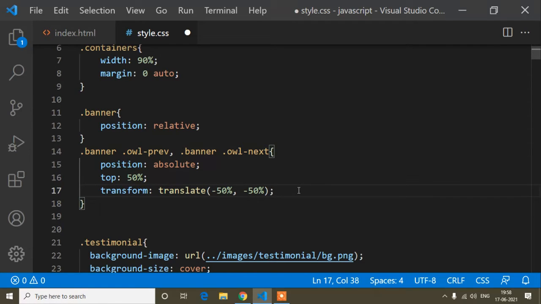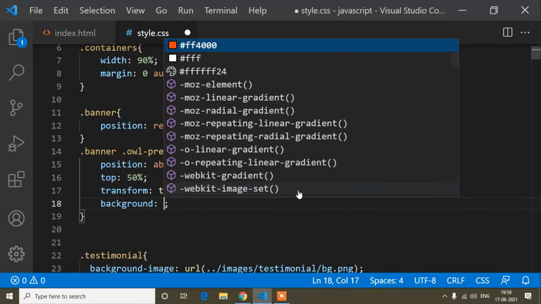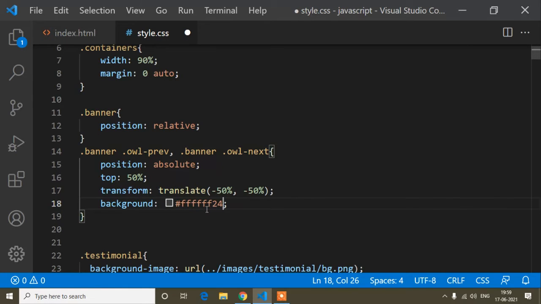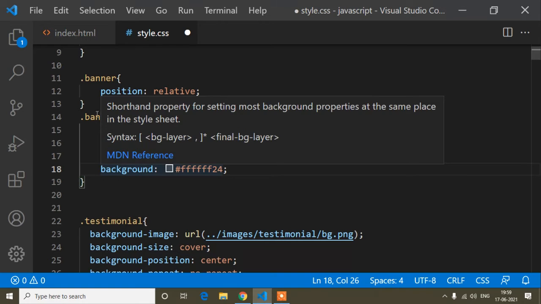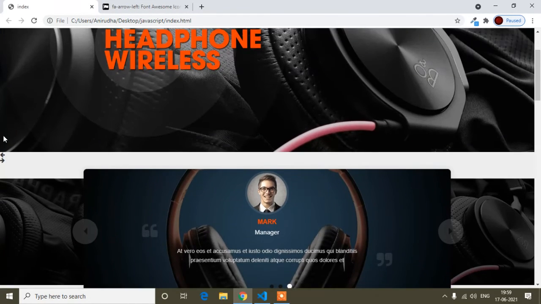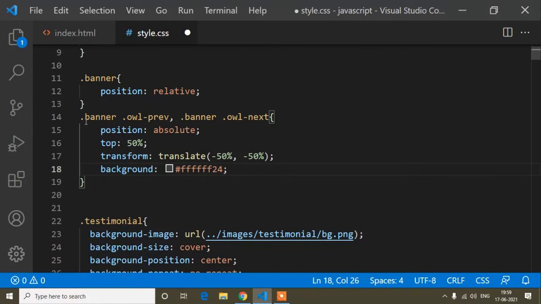And now guys, for showing purposes, how you can make the half button. For that, I will write a background color. The background color will be this gray color, this color code I will write for background. Okay, and now guys, if I show it first of all and close this one, this preview button will be here on the left, just look at my mouse cursor, and this right button will be just on the right of this slider. So for that, the left and right property will be different.